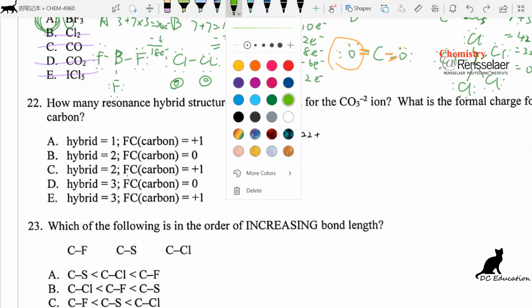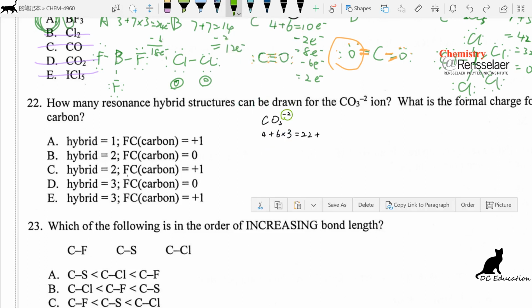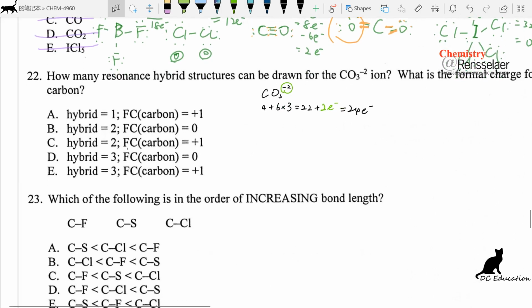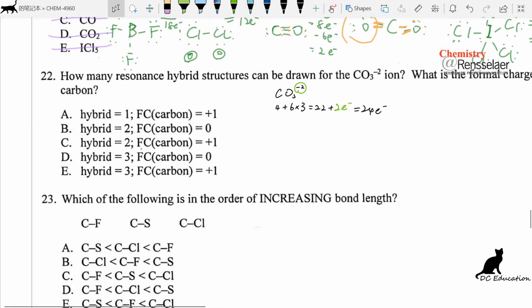Hold on a second. Let's keep going. So there will be 2 extra electrons over here, and that will give us 24 electrons in total. And so if you remember the rule of drawing